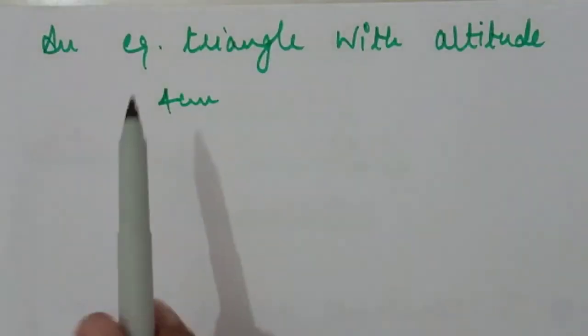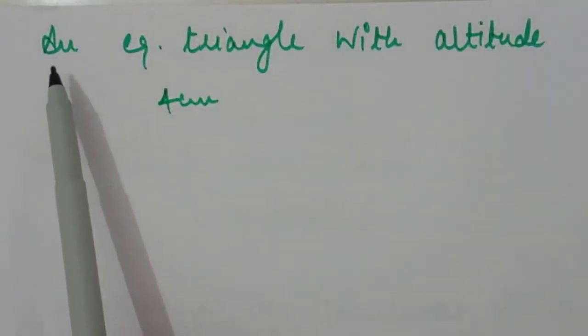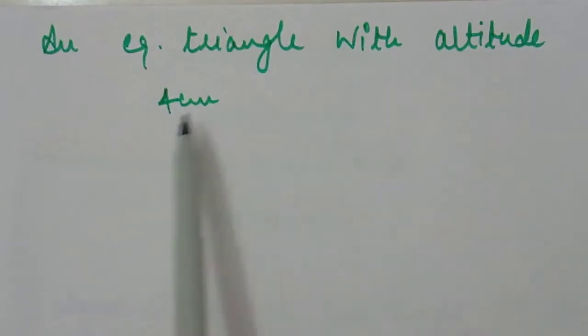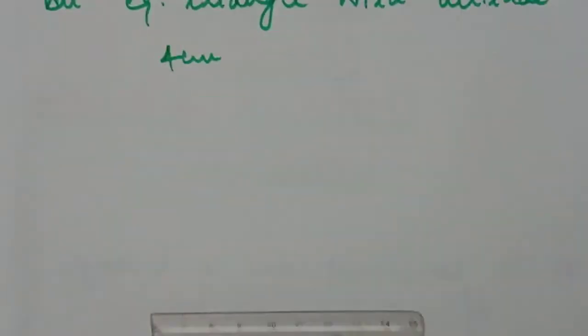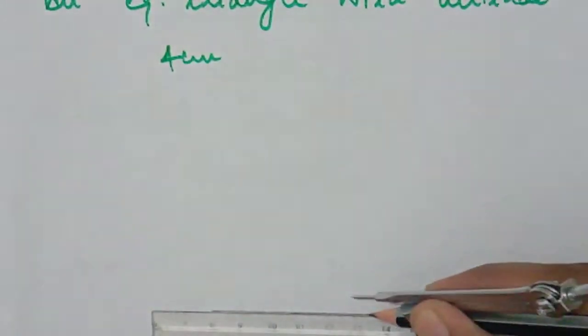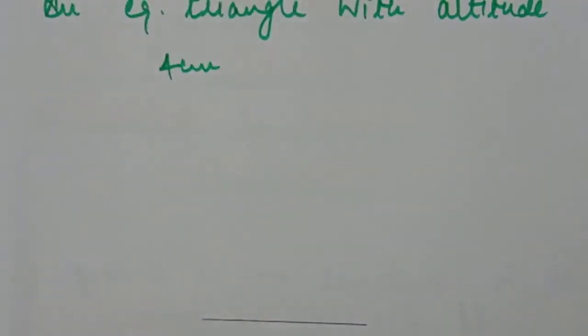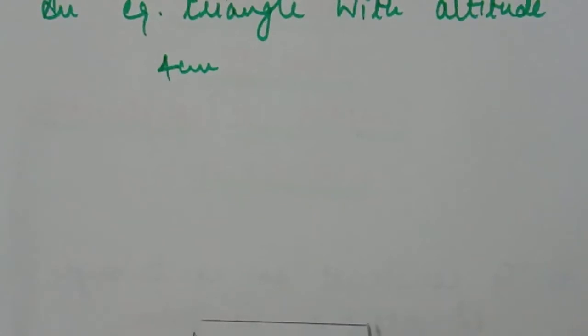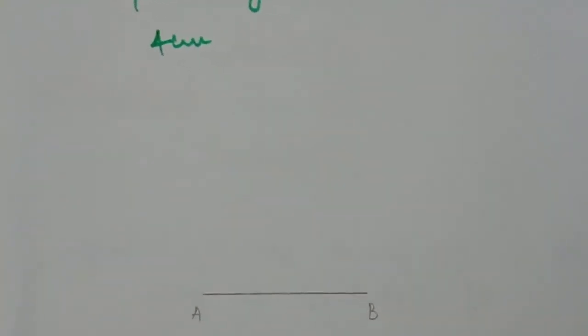So students, we will learn how we will draw an equilateral triangle with the altitude 4 centimeter. It means if we have altitude 4 centimeter, then how we will draw an equilateral triangle. For this, first of all, we have to take a base of any measurement, which we will mark as AB. Now the first step is taking a base AB, and then